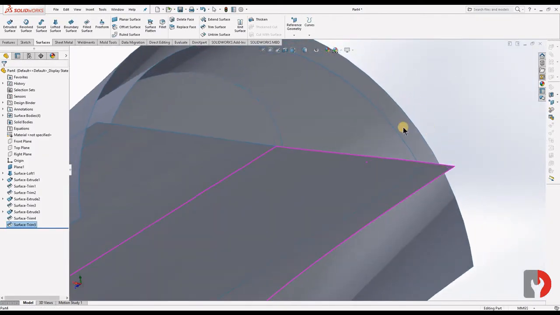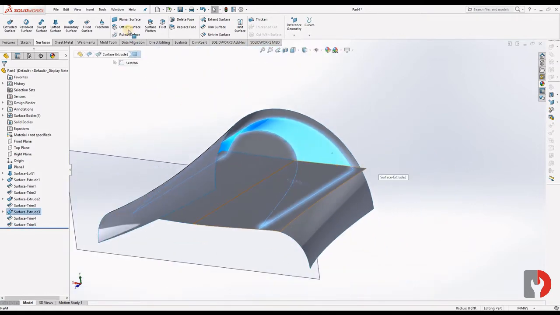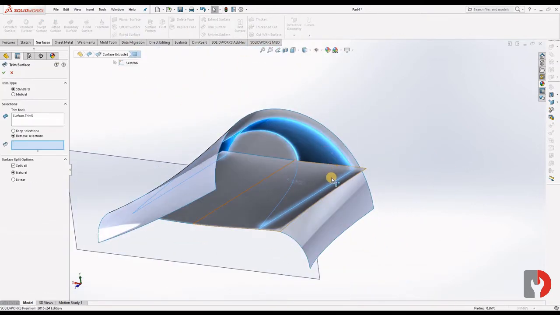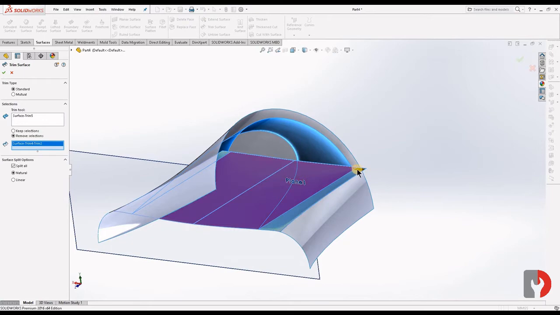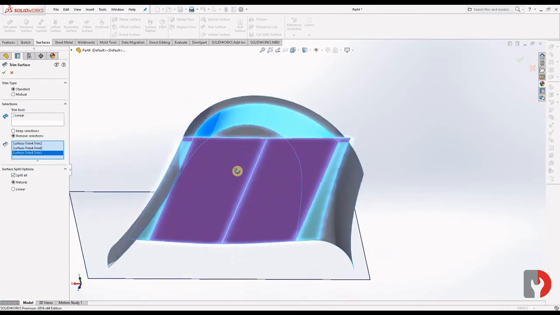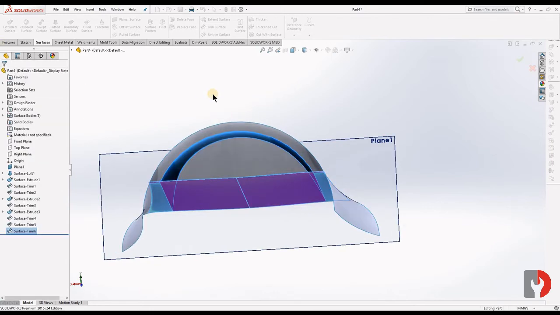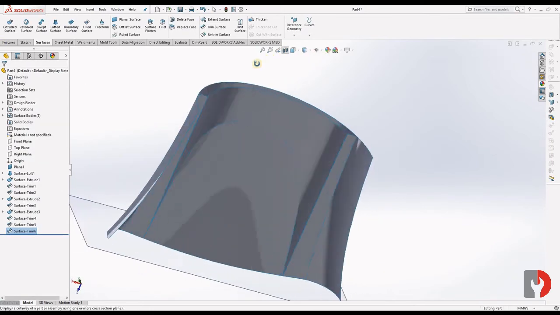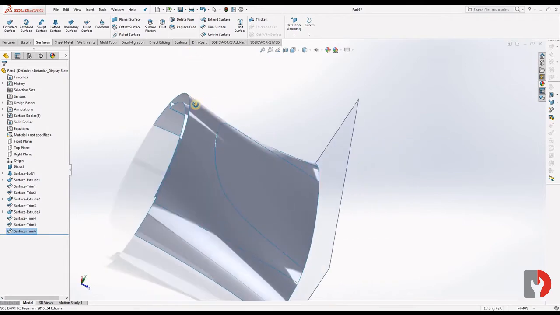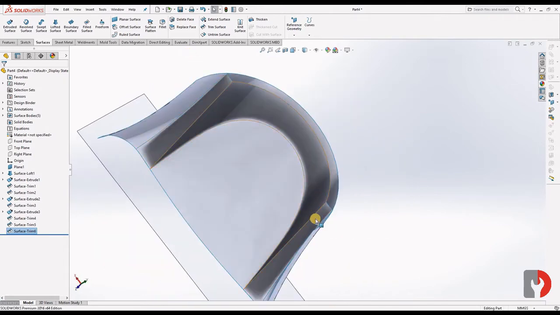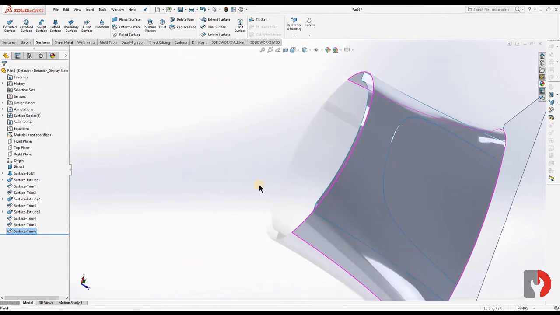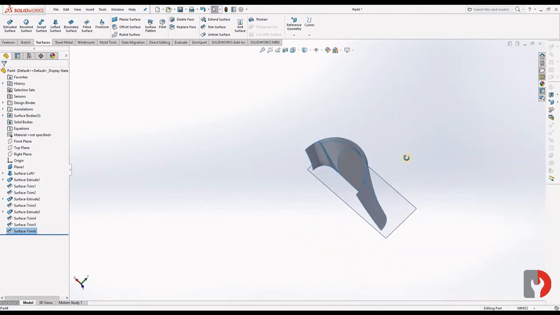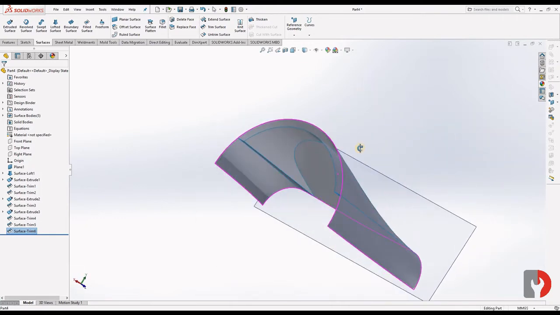Again, we'll choose this face, trim surface. Okay. Now we need only the inner part for making it solid. Okay.